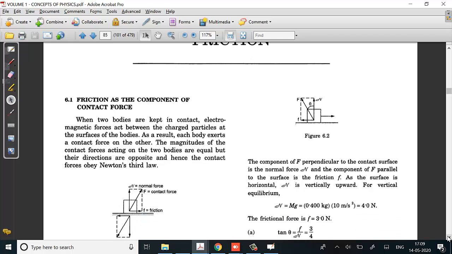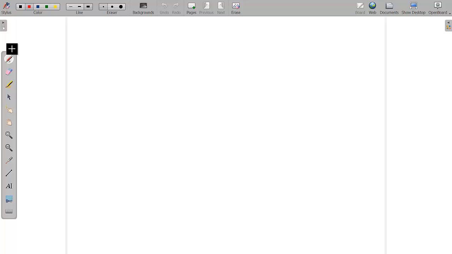So till now, what we saw in the previous chapter is that all the planks and blocks which were moving were smooth actually. So there was no friction acting among the surfaces, right? Now what we are going to study is we will add a friction component. So we'll see what friction actually is.